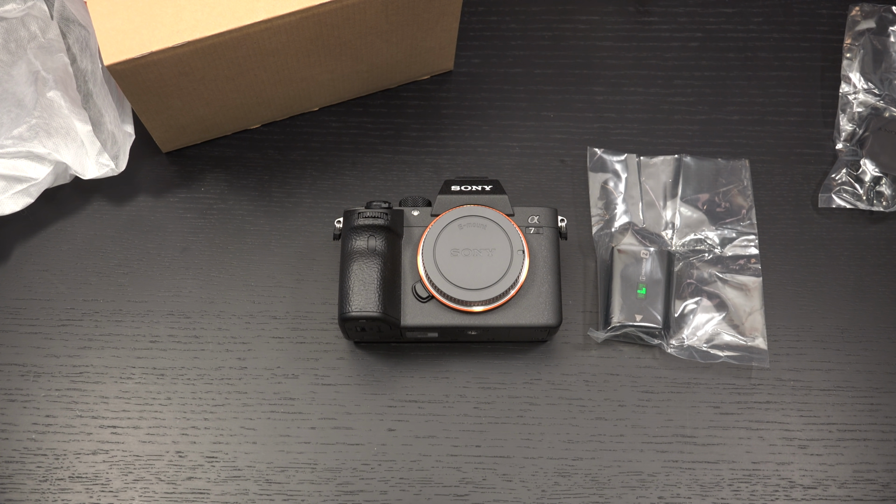So a lot to like here. I'm obviously very happy to finally have it. Soon I'll have some more glass to test it on as well. That G zoom lens that has been both a blessing and a curse to Sony because of some production issues. But again, really excited to have the A7 Mark III on the table, get out there, start shooting with it,